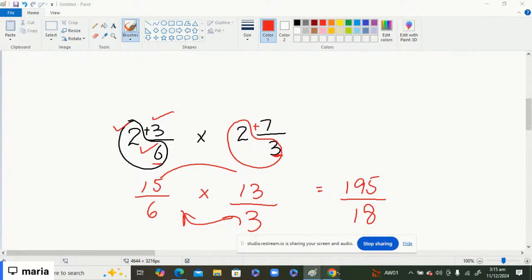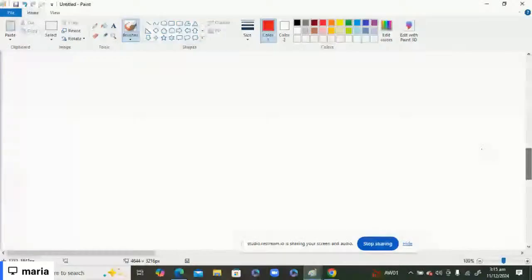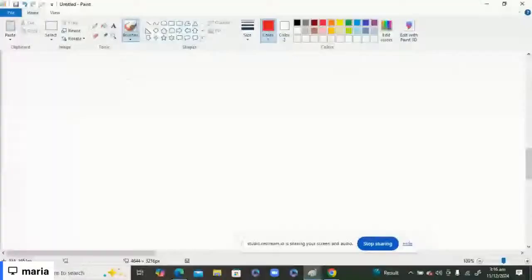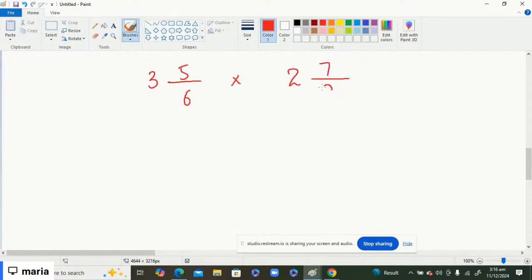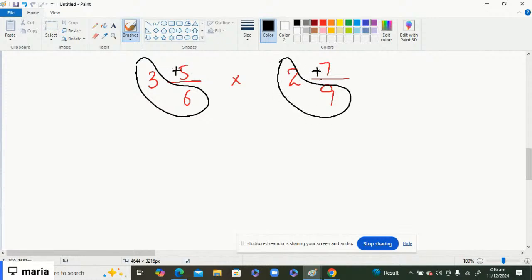Let's do the next question. For example, here if I'm going to put it, for example, if we are going to put it here 3 into 5 by 6 times 2 into 7 by 9, let's suppose. So how can we solve? We're going to multiply these two numbers, add up with this. We're going to multiply these two numbers, add up with this. 6 times 3 is 18. 18 plus 5 is,